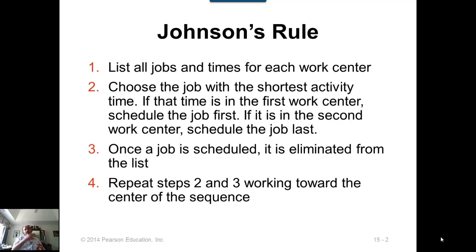So there will be some inserted idle times in the second workstation. So we have to develop a Gantt chart to be able to figure out what the final completion time for all the jobs will be. So step one, determining the sequence of jobs, and step two is preparing the Gantt chart to find what the completion time for all the jobs is going to be.